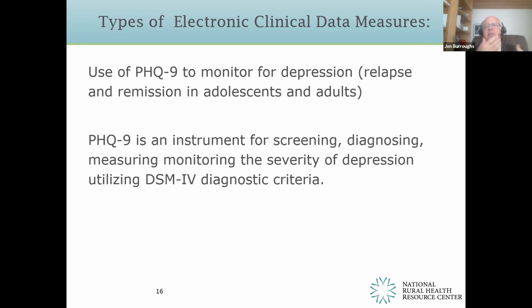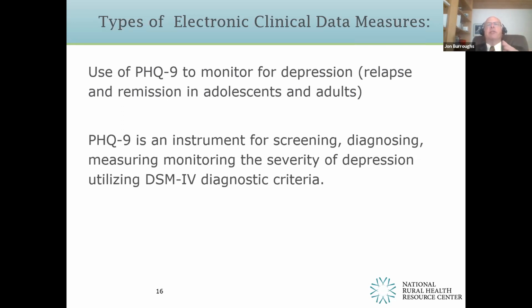Now, why are payers willing to pay more if you identify and appropriately manage or treat depression? Because people who are depressed have poor compliance, they have poor quality outcomes, and they get sicker, and they end up costing more to the payers. So this is a very important thing for you to add to your screening tools. So a PHQ-9 is just a 9 question questionnaire. That's all it is. It complies with the DSM-4 diagnostic criteria to diagnose and treat depression.